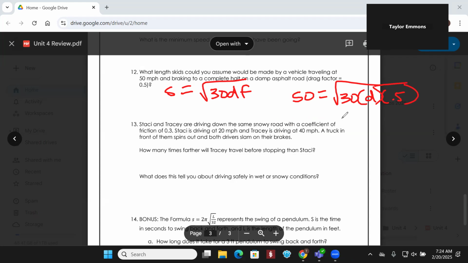We're going to square both sides and then divide by 30 and then divide by 0.5. And that's going to give me 166.67 miles per, I'm sorry, feet. Because we're dealing with